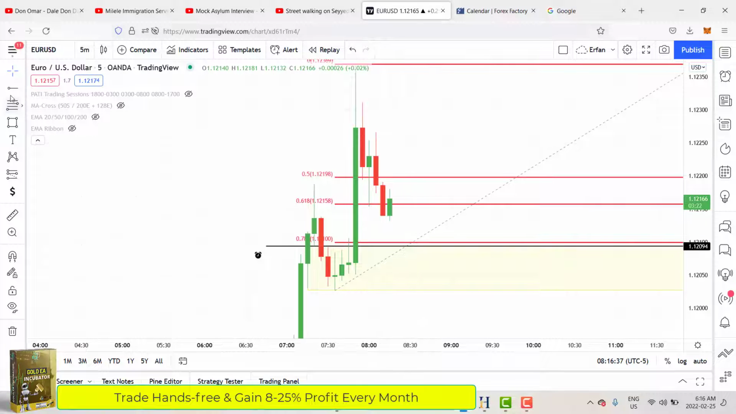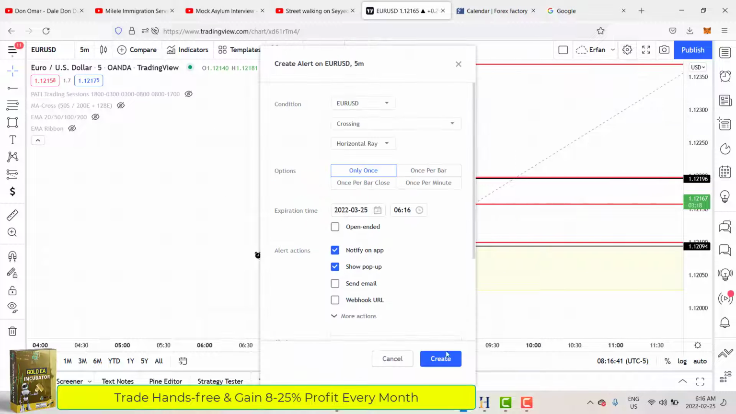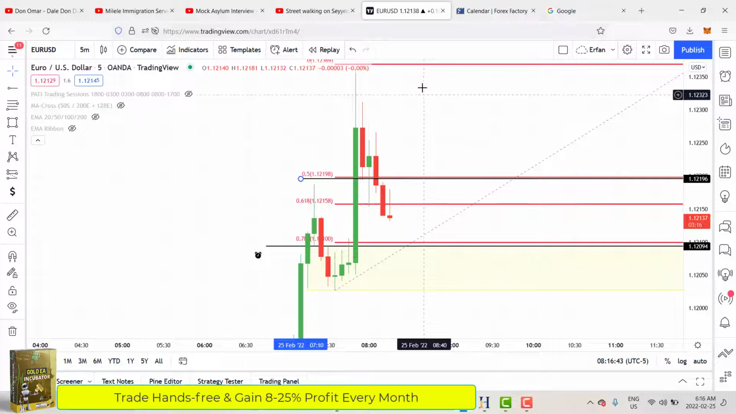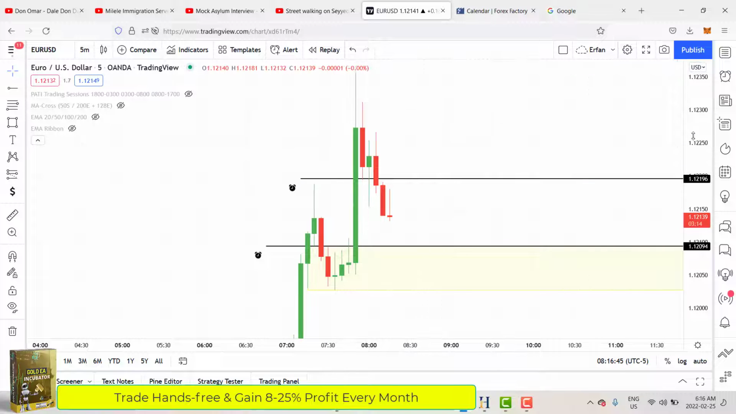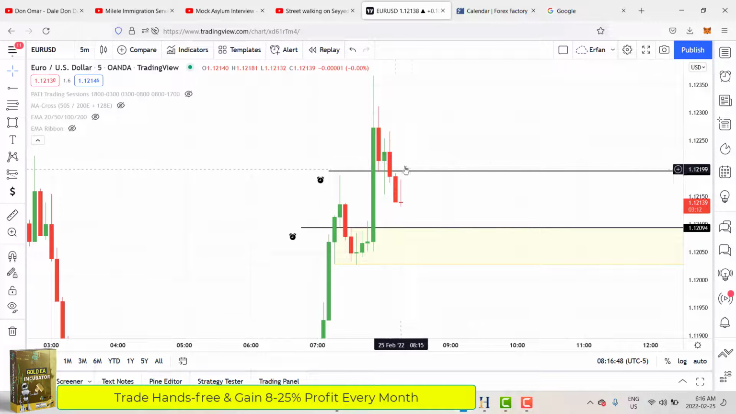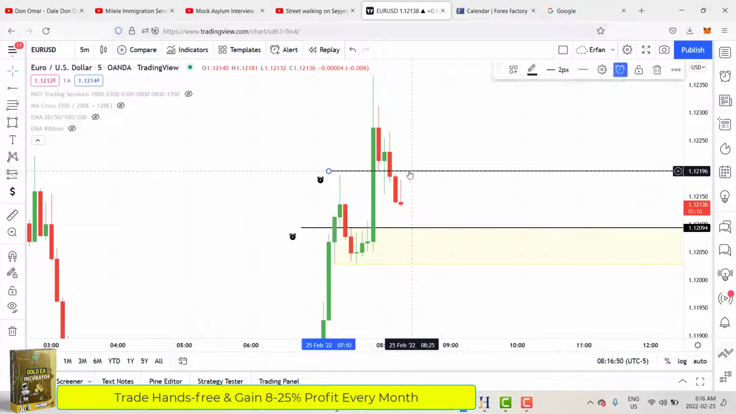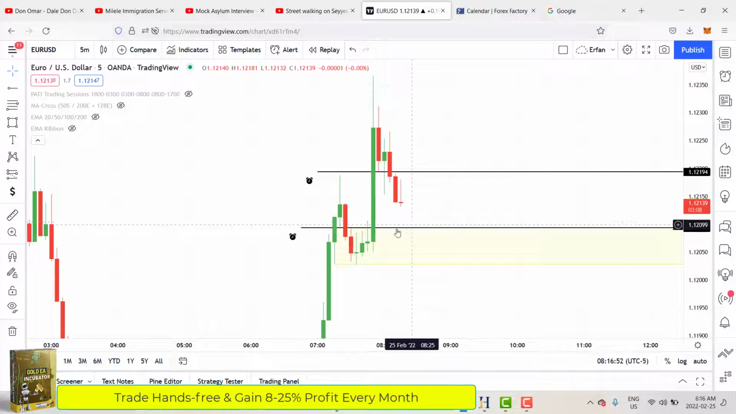So now the only thing I do is just putting my alarm here as well, because I just want to see how it's going to react. But I don't think that it actually breaks above this. It's going to kind of tap into this level and then see what happens. Okay, so this is for